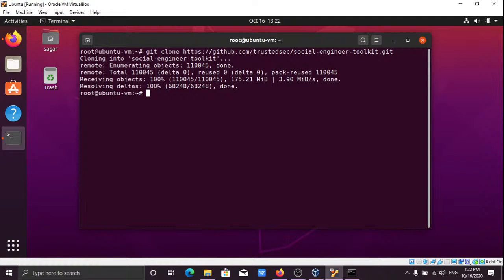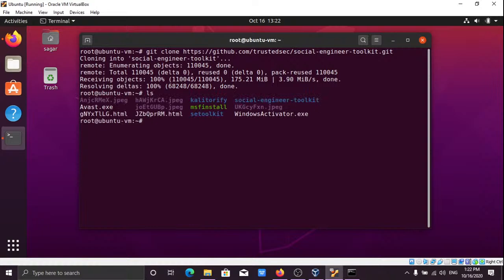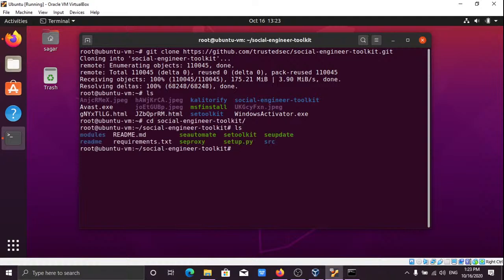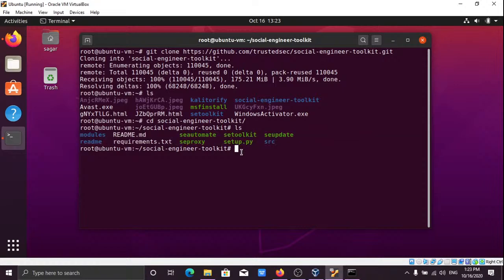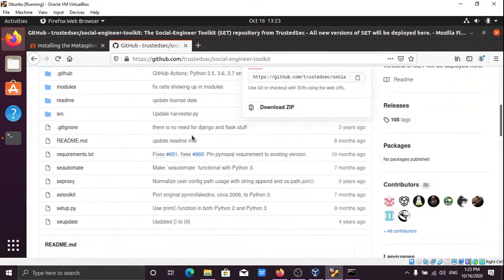All right. So we have cloned it from Git, and it cloned completely right over here, I guess. We have the social engineering toolkit right over here. So we'll go into it, cd set toolkit, cd social engineering toolkit, sorry, my bad. And in here, as you can see, there are so many things, right? Now how can you install this? First of all, just go down,